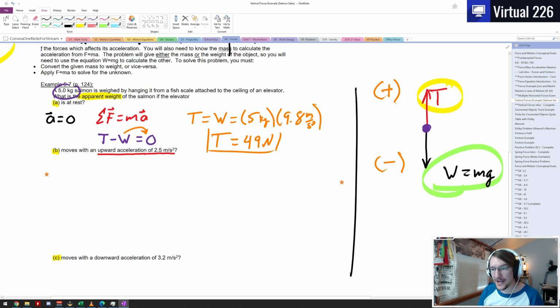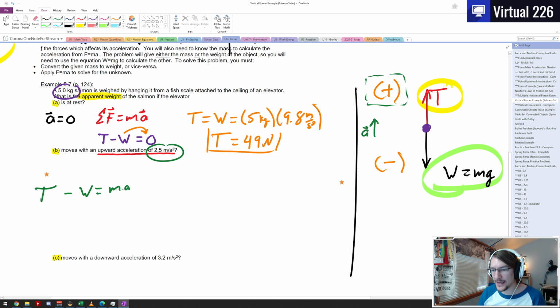So we're accelerating upwards at 2.5 meters per second squared. So let's just go to our diagram and just say that our acceleration is upwards here. So it has to be positive. So if we go and set up our F equals ma equation again, nothing's going to change in it. We still have a tension minus weight. A positive tension minus a weight equals ma. So we're going to have a tension, which is what we're looking for, minus a weight